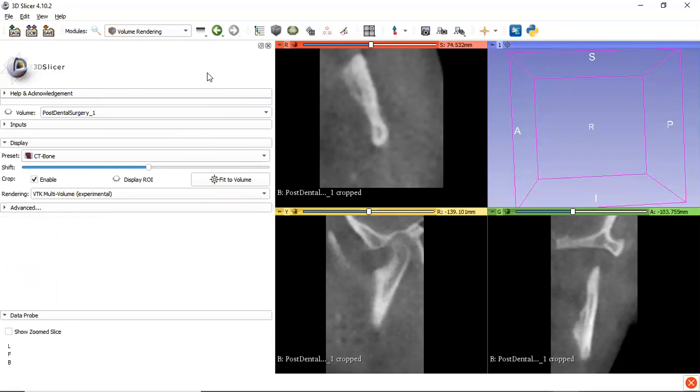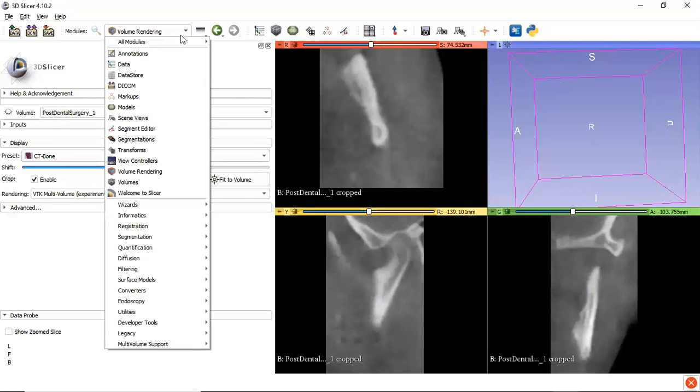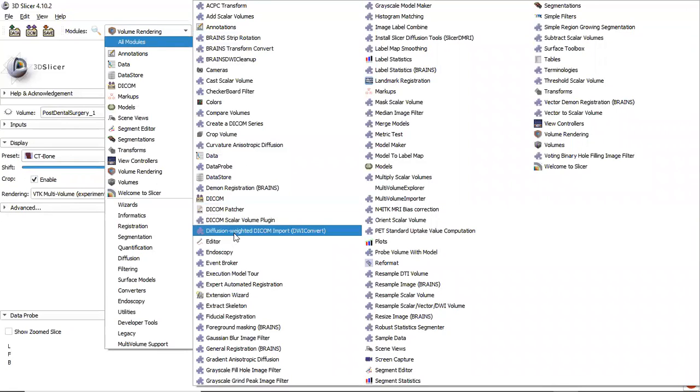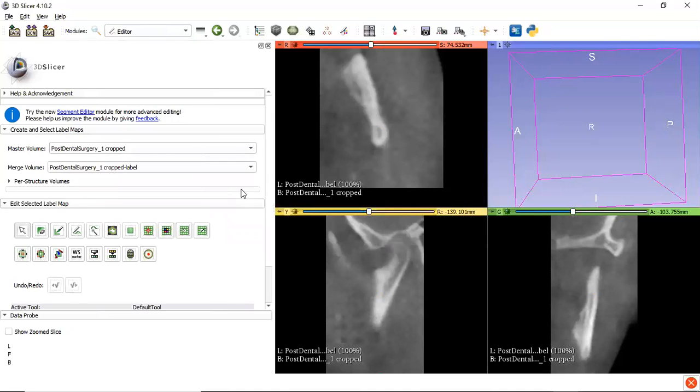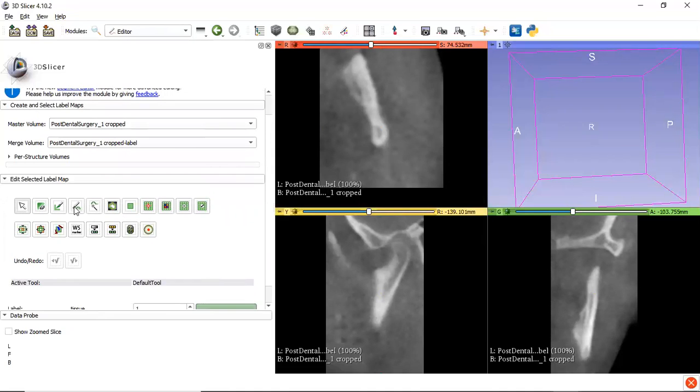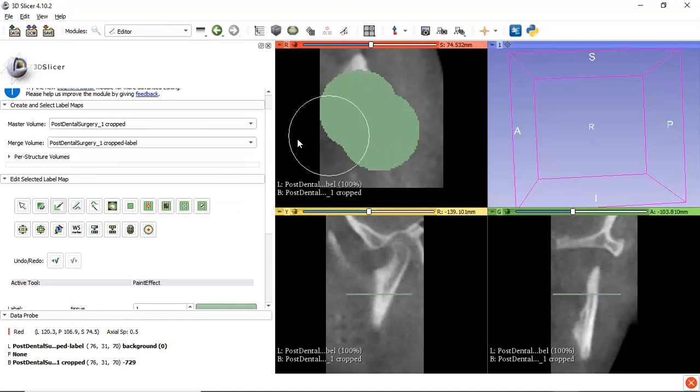So what we'll do next is label the parts of the model, as there are two different parts. One is the left temporal bone and one is the mandible bone. So I'll be using the module known as editor for that. I've clicked on editor, select OK. There are different types of tools available in the editor. You can segment using this, and this, like, there is a paint effect, and it will be displayed in all three views.